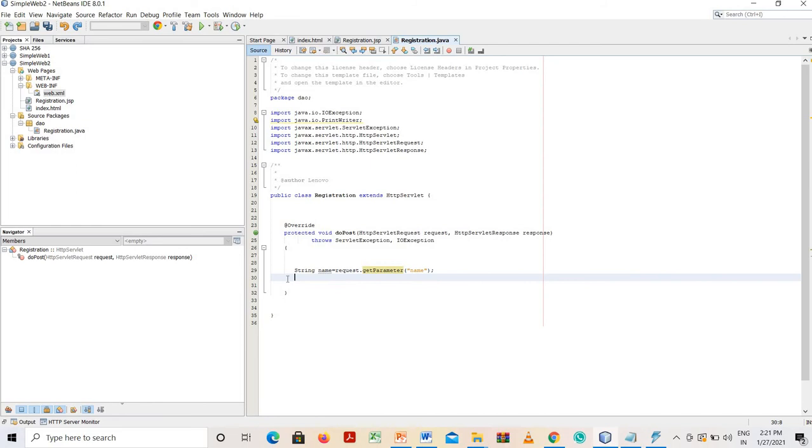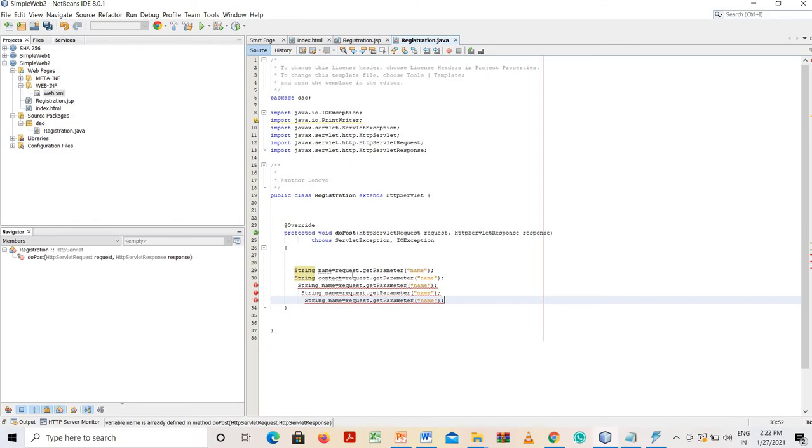Similarly, String name is equal to name, contact number, email ID, password, and city.